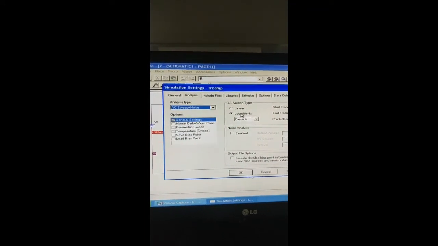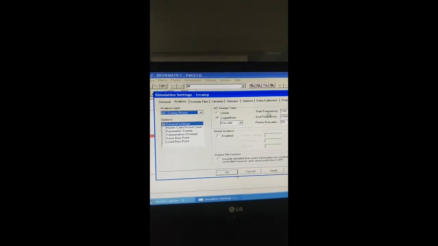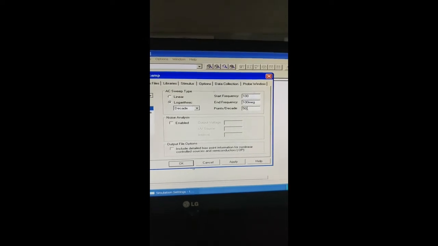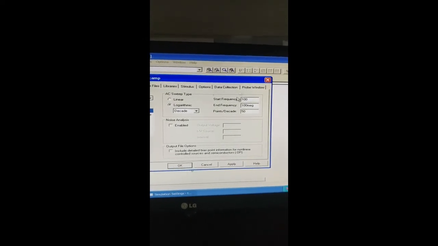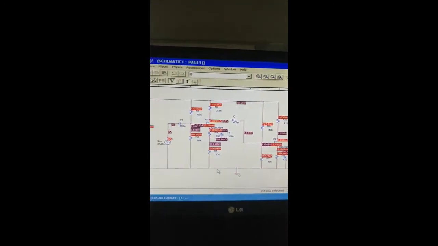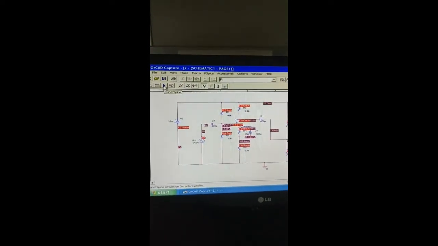We will select logarithmic, decade, start frequency is 100 and end frequency is 100 mega, points per decade is 50. No need to give the units here. Click on apply. After giving the settings, just save and run PSpice.